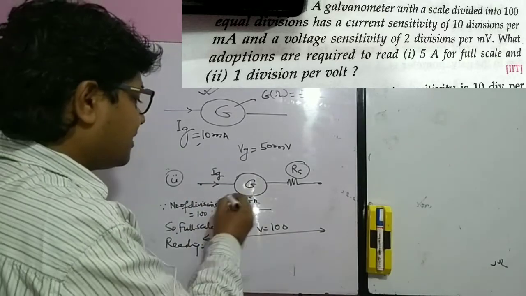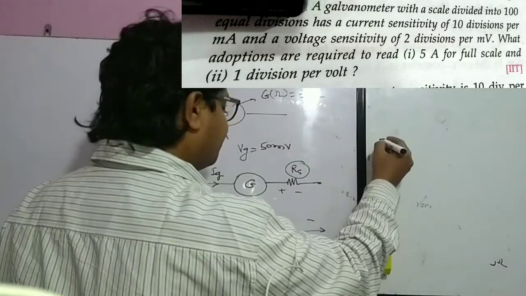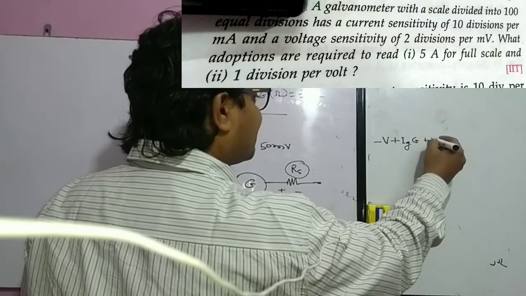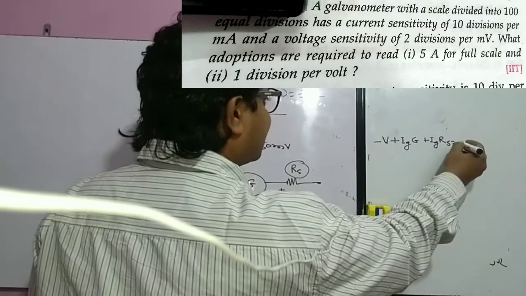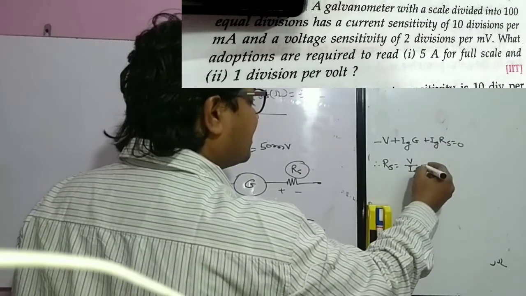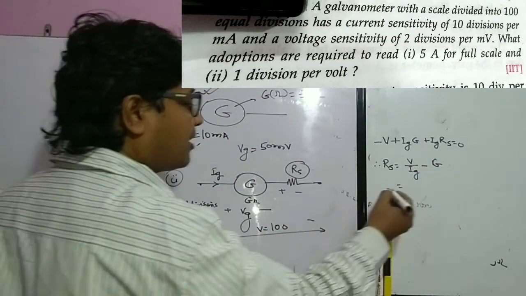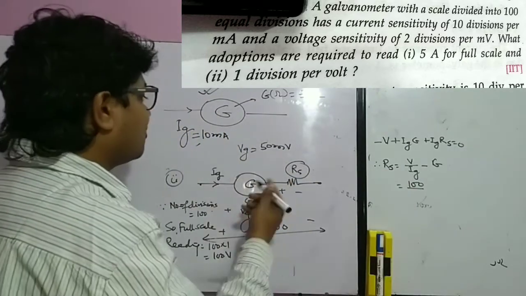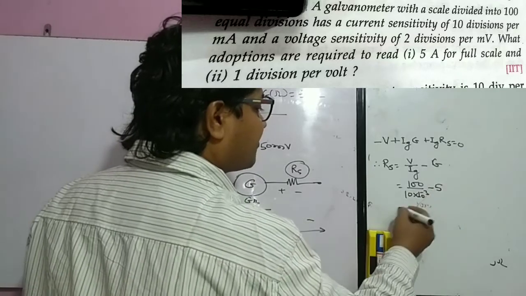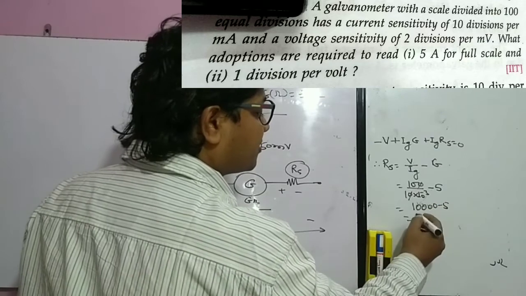So we can apply simply a KVL here. This is plus minus, so we can write minus V plus Ig into G plus Ig into Rs, and this will be equal to 0. So Rs will be equal to V by Ig minus G. What is V? V we have got 100, divided by the value of Ig. Ig is equal to 10 into 10 to the power minus 3, and this is minus 5. So this is again 10,000 minus 5, so this will be equal to